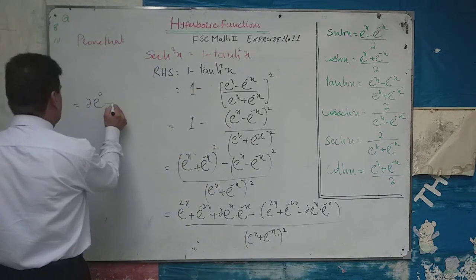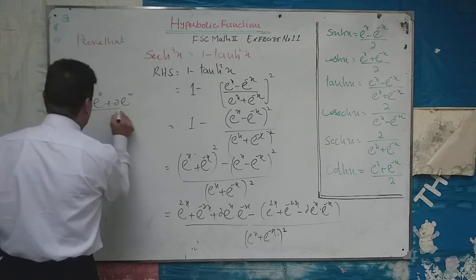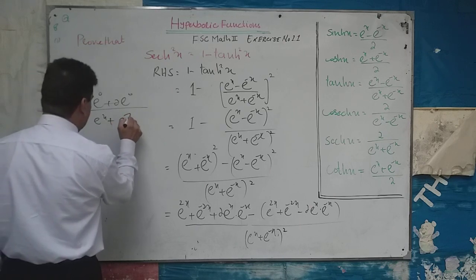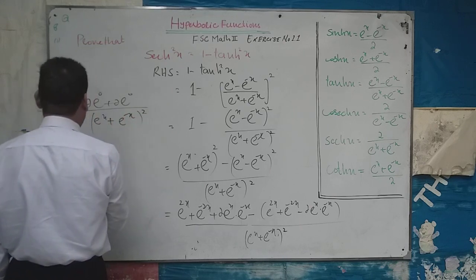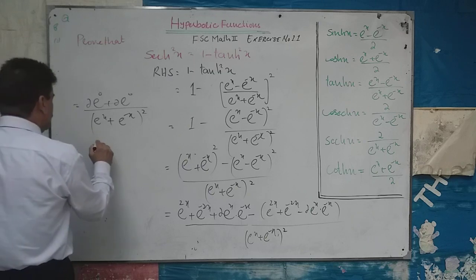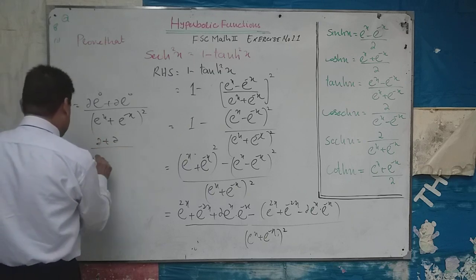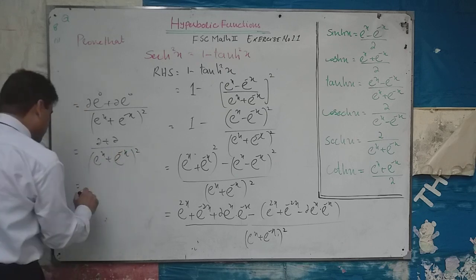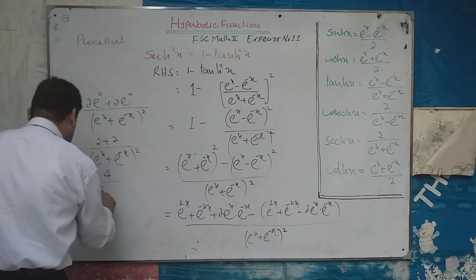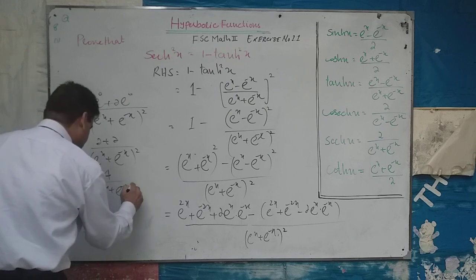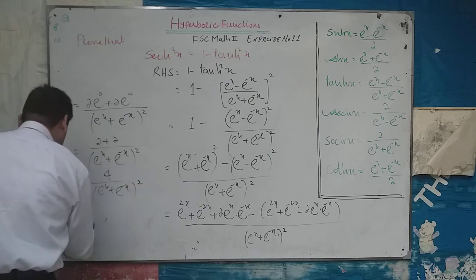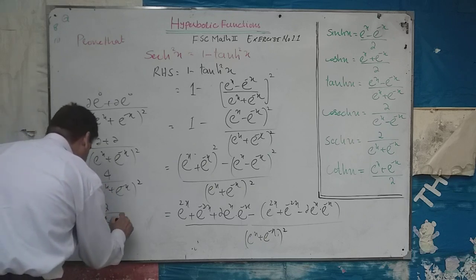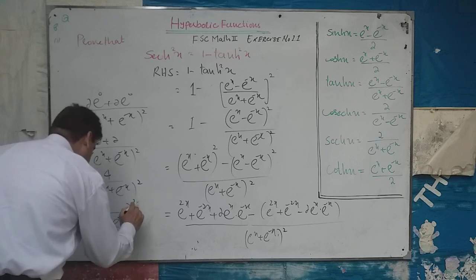Plus again 2 e raised power 0 divided by e raised power x plus e raised power minus x whole square. 2 plus 2 by e raised power x plus e raised power minus x whole square. We write 4 by e raised power x plus e raised power minus x whole square. We now write 2 by e raised power x plus e raised power minus x whole square, which is the